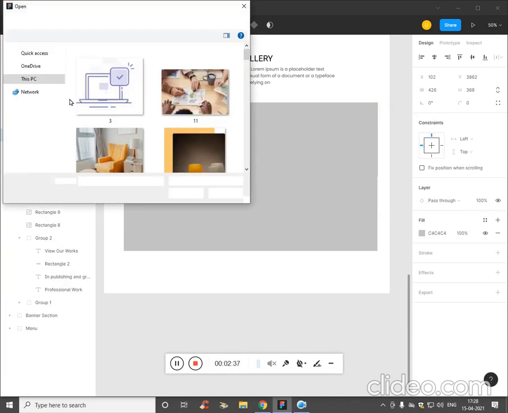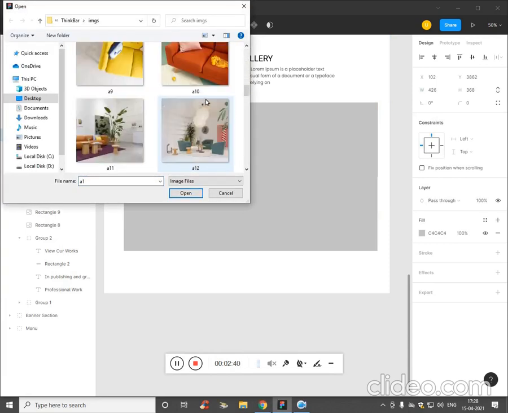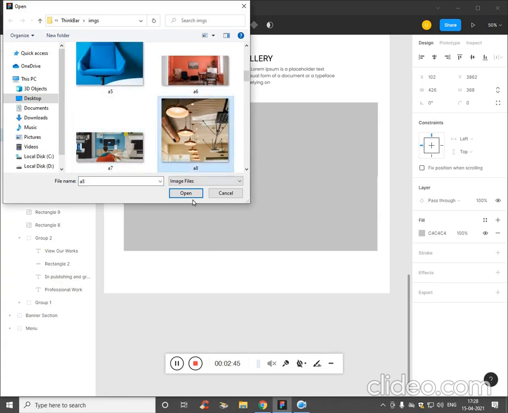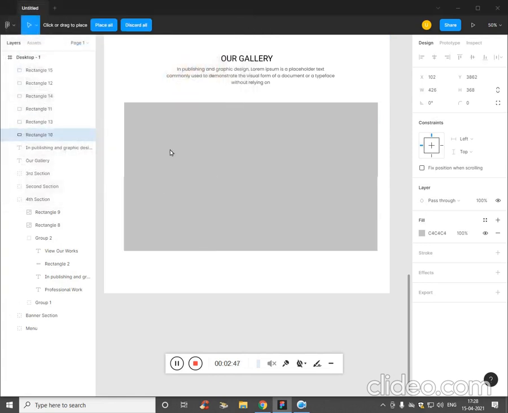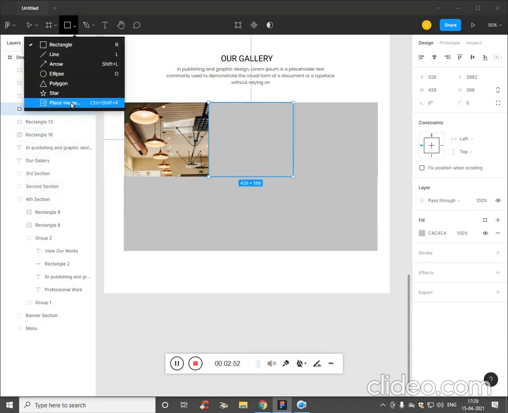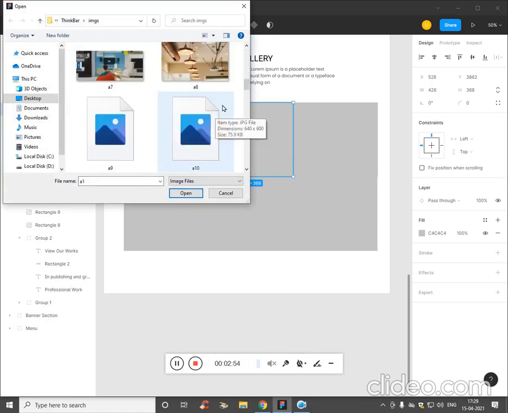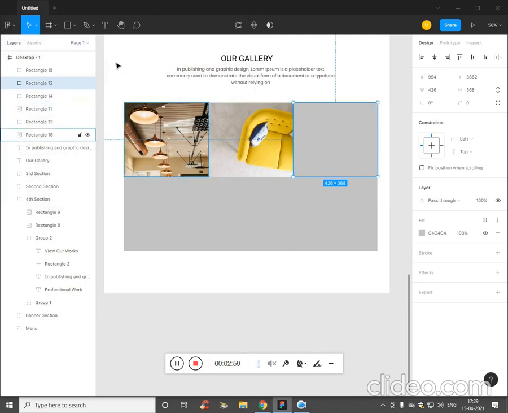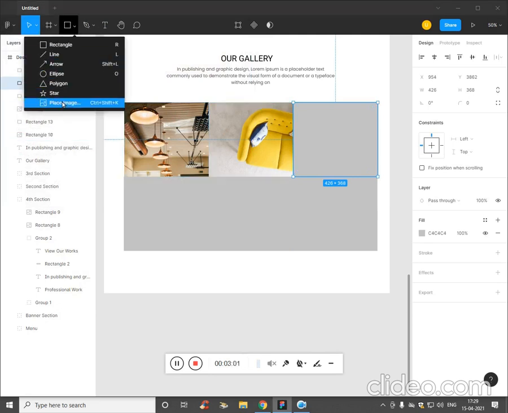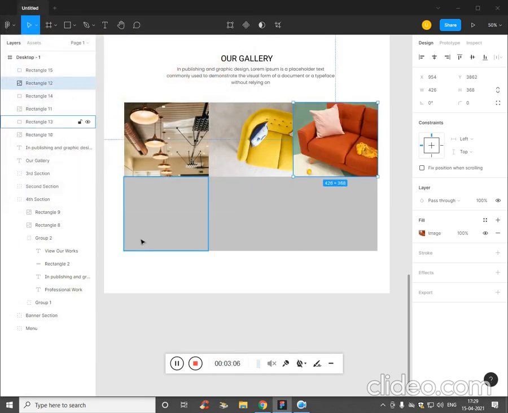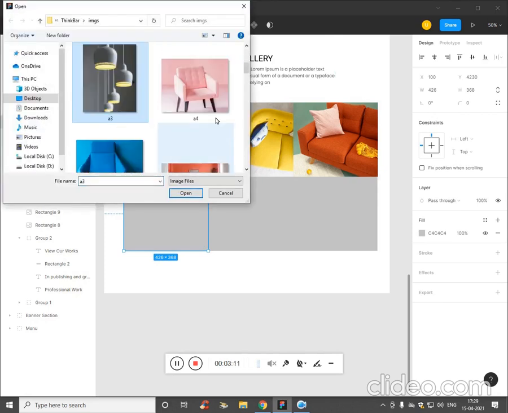Place image. Starting from this 8, then comes A8, A9, A10, place image.